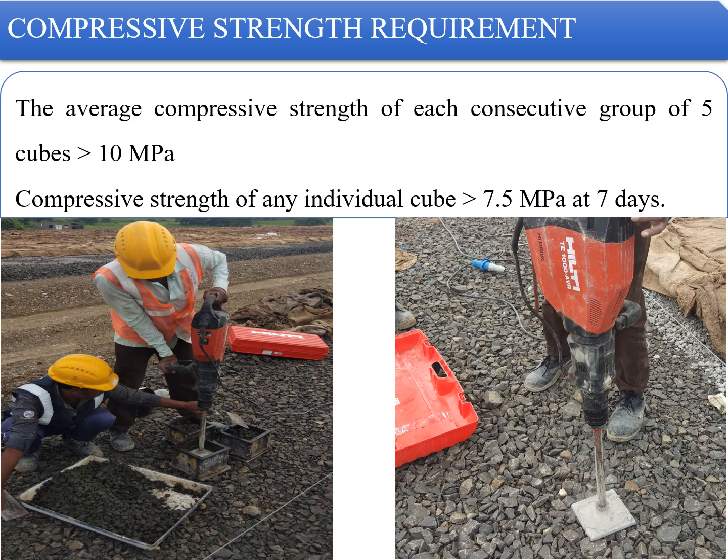The cubes are cast as shown in the figure using a DLC hammer. The DLC hammer is attached to a rod which has a plate at the bottom made of stainless steel with high toughness, so that when it is pushed inside the cube, as shown in the left hand side figure, and then vibrated using a Hilti vibrator or any other suitable vibrator, it should not break. You should be able to properly compact the dry lean concrete, which is of zero slump, and remove the air voids or air bubbles from the concrete mix.